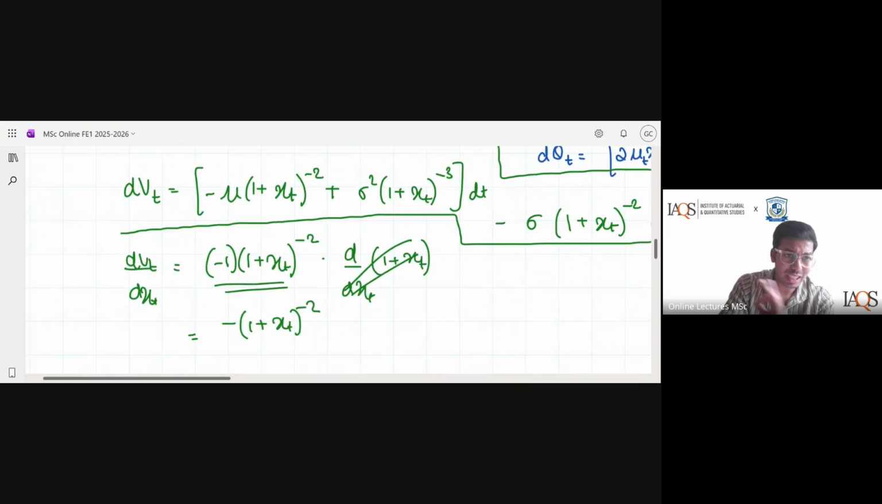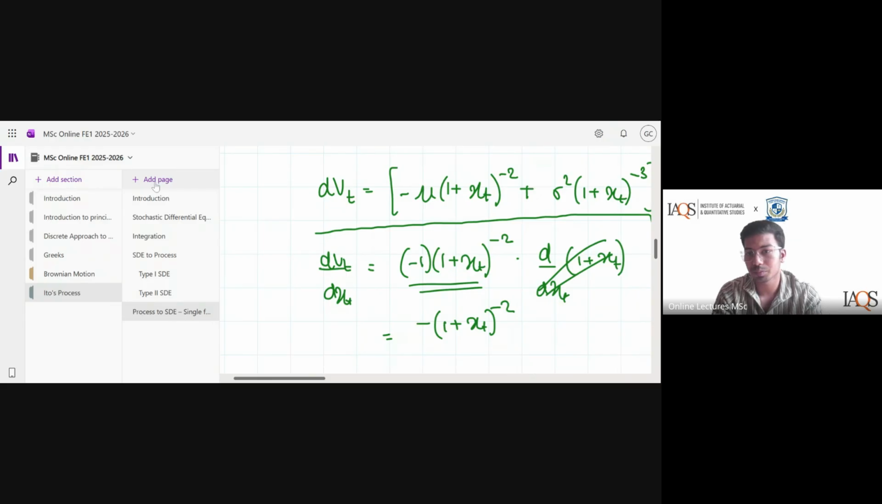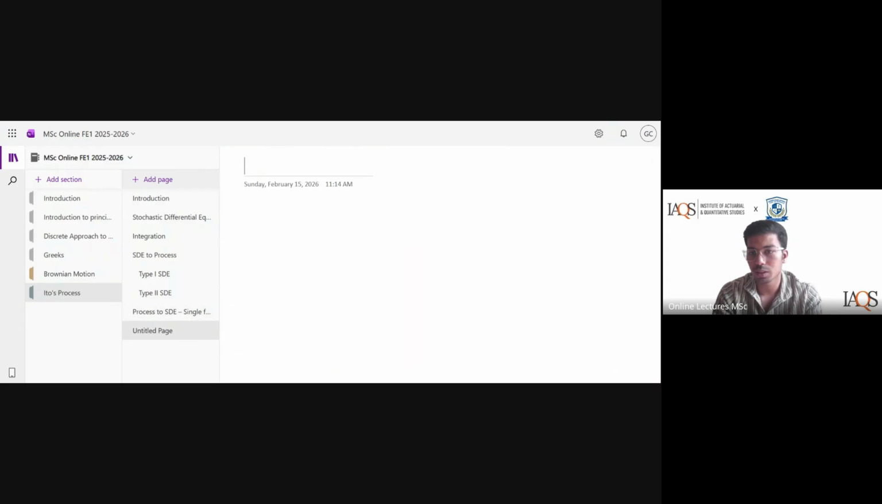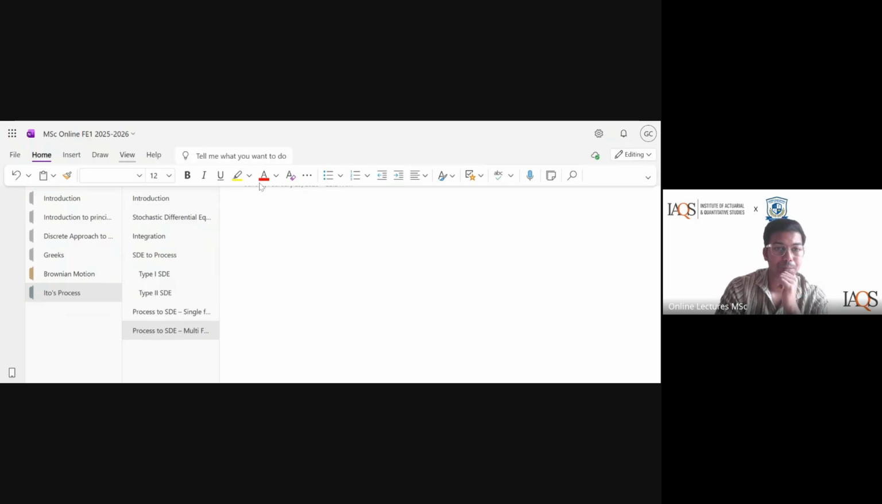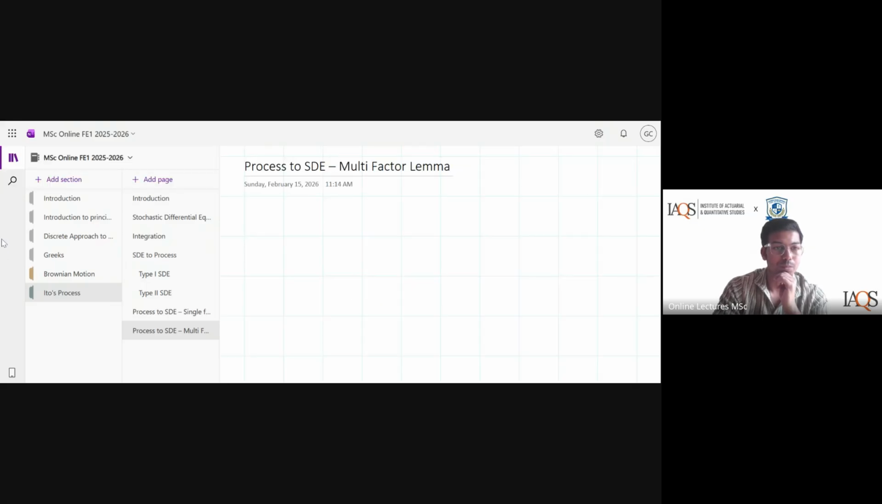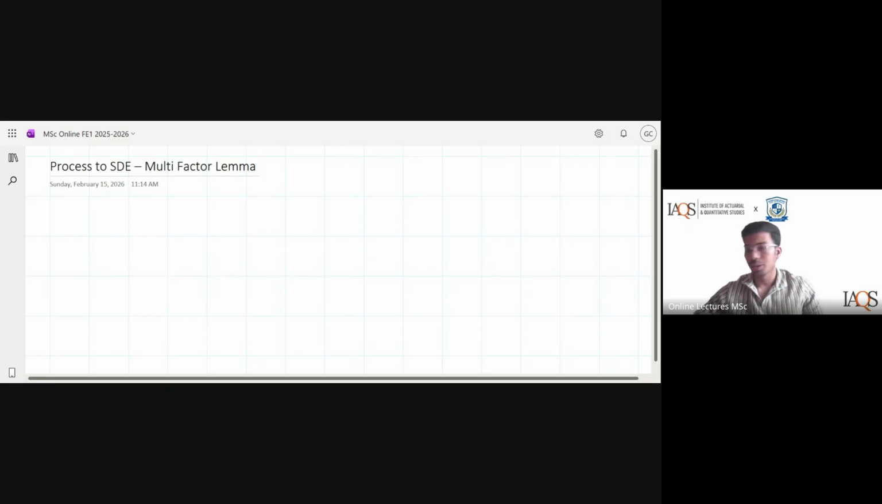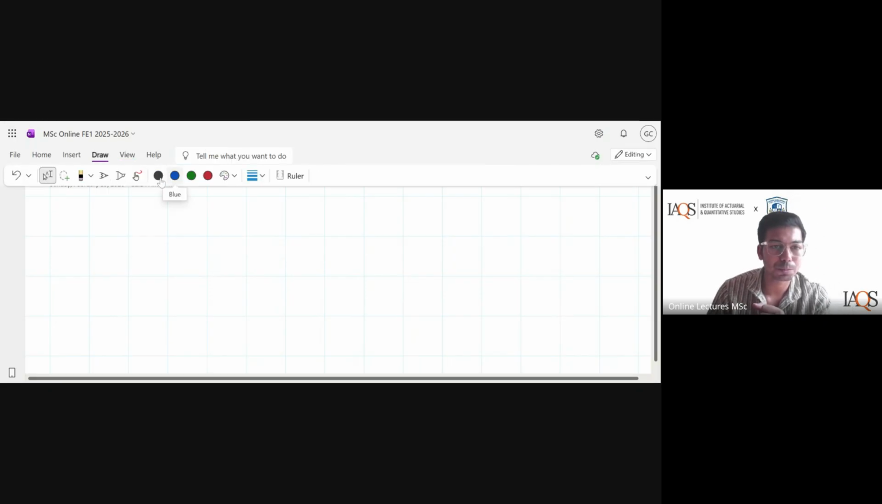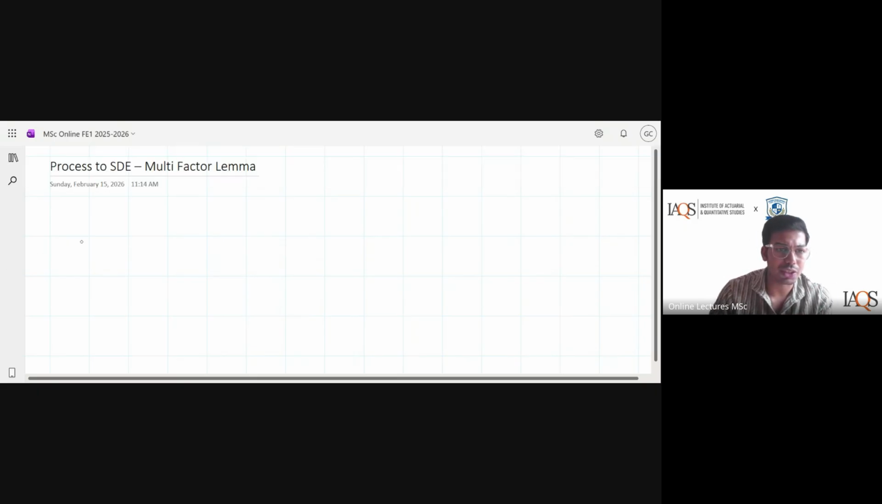All right. Any doubts till here? Anyone? Comfortable? All right. Let's do now process to SDE, but for a multi-factor function. First, let's understand what a